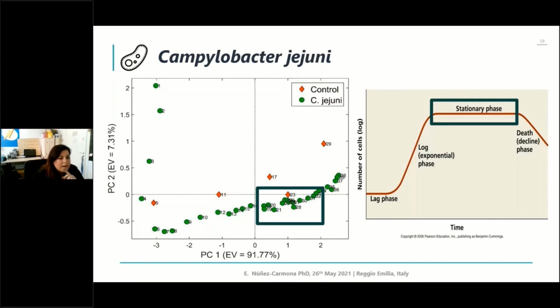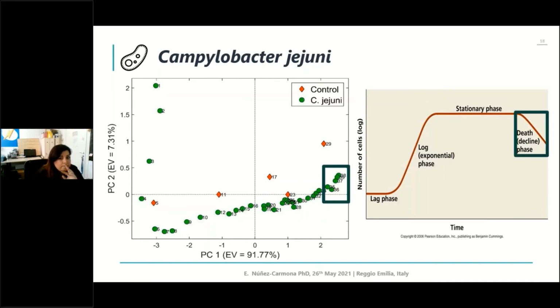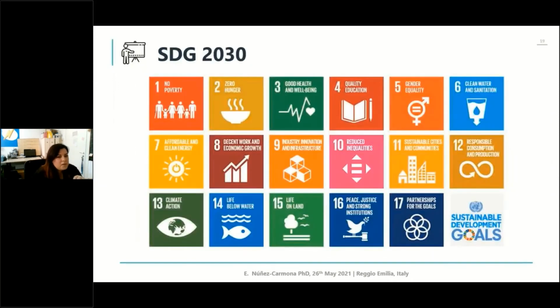And the last part of the graph corresponds to the death or decline phase, in which the number of bacteria starts to decrease, so they started to produce fewer volatile compounds that are more related to the ones at the beginning, so they are on the positive side of the x-axis. Well, so just this image to show you how nanotechnology could impact so many different aspects